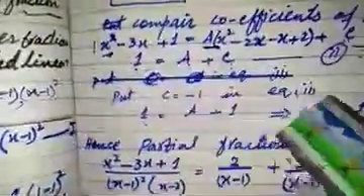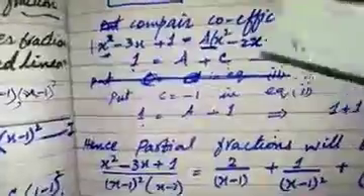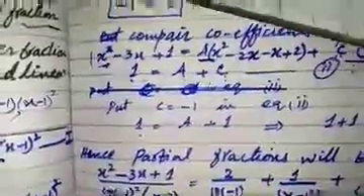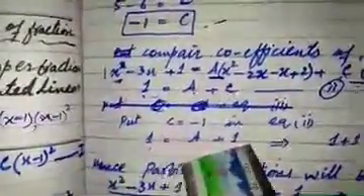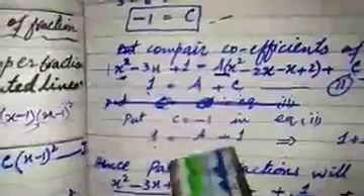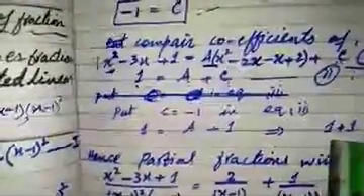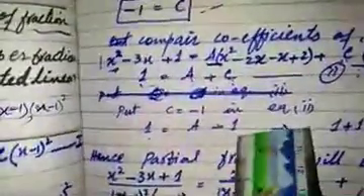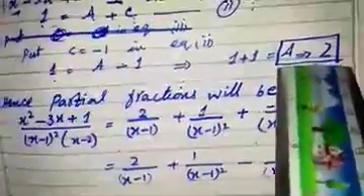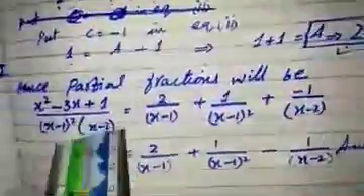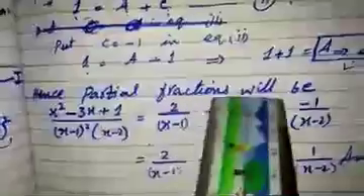Now we put c equals minus 1 in equation number 2, because the value of c is minus 1. So we will put here 1 equals a minus 1. Minus 1 is the value of c. So we get 1 plus 1. By shifting this 1 to the left side, we get 1 plus 1 equals a, and the value of a is 2.